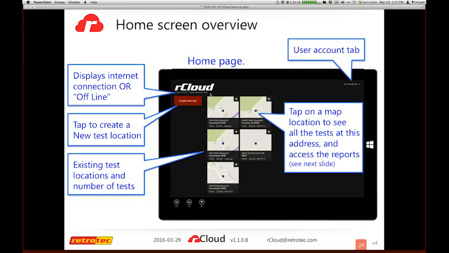This is now actually, I've already done multiple tests, and this is what the home page would look like. So the very top line, as you can read, confirms that I'm connected, that I'm online, and what network I'm connected to. If you were working offline, then all of these maps would show up as gray because you did not have internet access to actually access this data. You can create a new test or tap on an existing